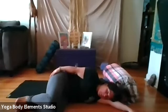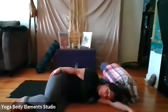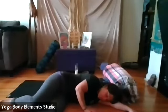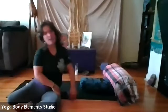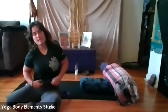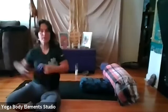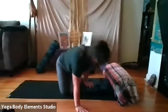Try a couple more breaths here, softening. You could even soften that skin layer, muscle, bone, organ, and cell. All right, and then let's press our palms down, reach our hips to the ground, and slowly come on up to seated. Okay, remove that strap if it's around you,